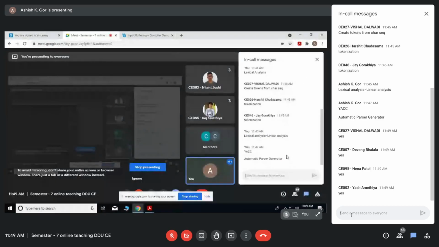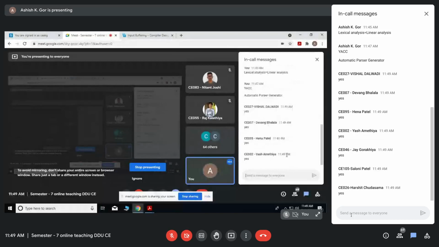Yes. One very important thing to understand: can you correlate this to some well-known problem that you have studied? There is a lexical analyzer and a syntax analyzer. The lexical analyzer creates tokens and passes them to the syntax analyzer, and the syntax analyzer demands tokens.